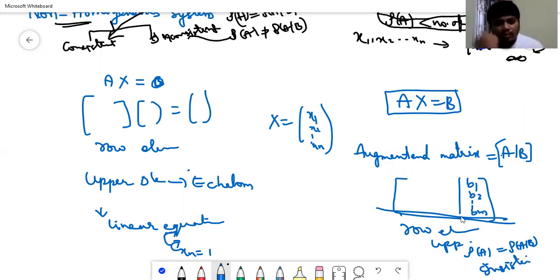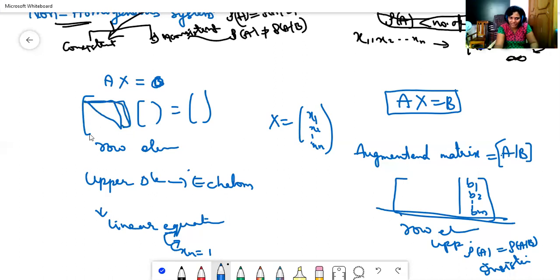Row operation means we change into upper triangle only. Same echelon form. Echelon form means the first non-zero element is unity and the number of zeros before the non-zero element is less than in the succeeding row. Upper is nothing but the upper triangle only. Lower triangle matrix means the upper part should be zero.